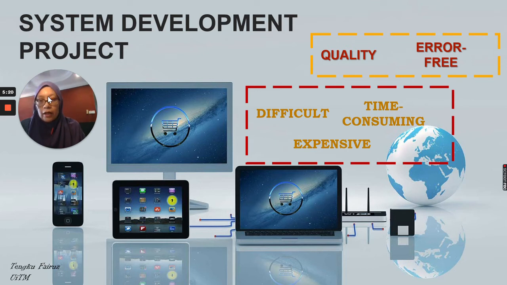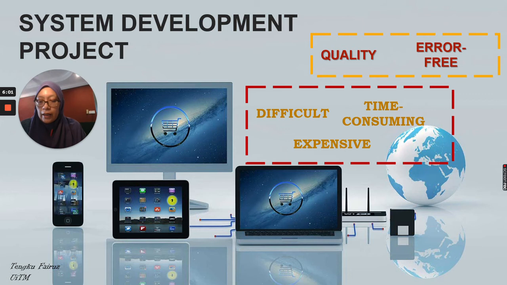Okay, so if you refer to your textbook, they said that they did a study whereby the outcome is that 70% of software development projects were late, 54% were over budget and 66% were unsuccessful, and some 30% were cancelled. So that's why we discuss these 3 chapters related to the system development life cycle, because we want to know the proper way, the procedure, the process that needs to be gone through when they want to develop a new system.